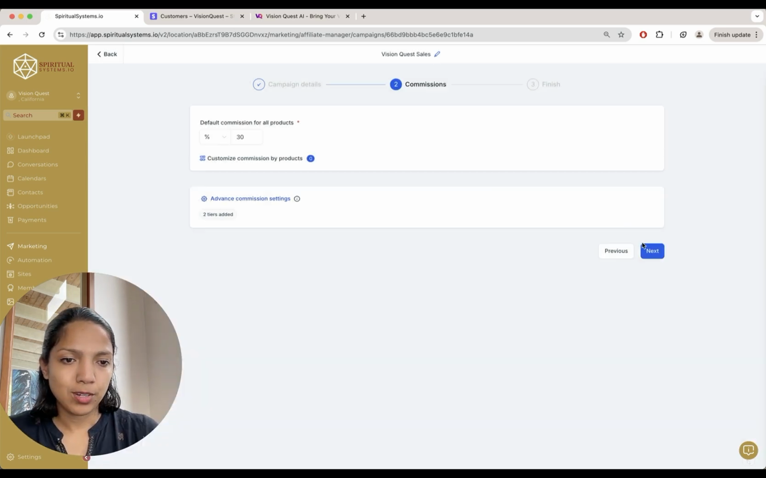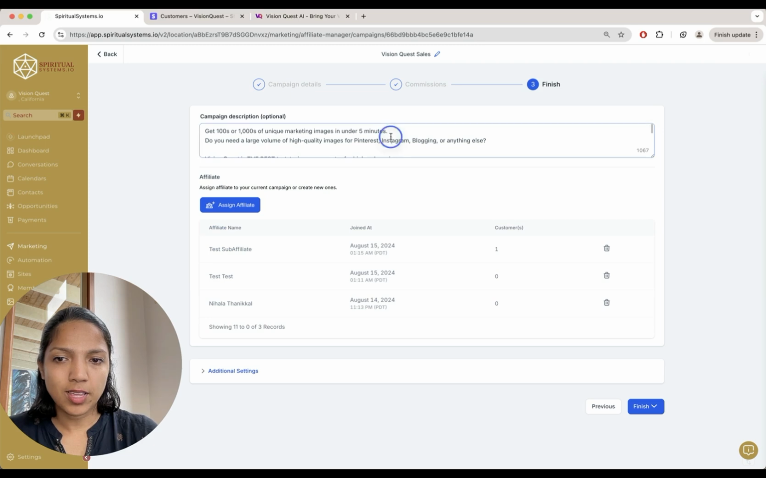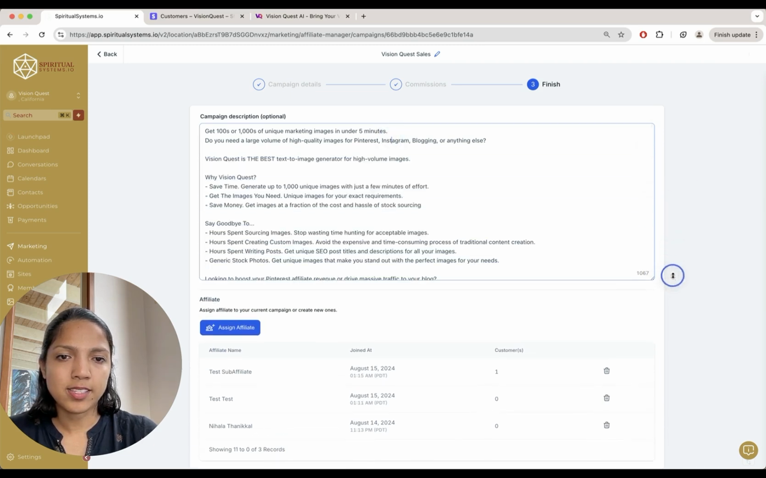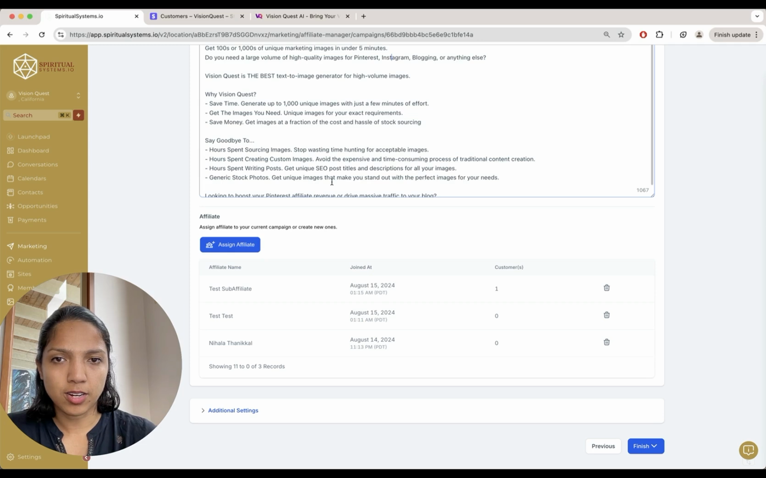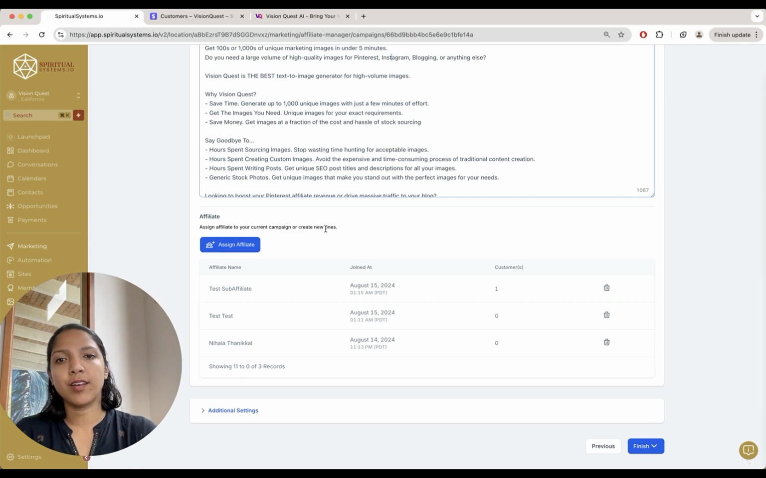is 10%. All right, so then next, you can give your campaign a description that's helpful for your affiliates to know what they're selling, what it's about, and then assign your affiliates to this current campaign. If you're going through this for the first time, you'll see this button is grayed out, which just means you haven't created any affiliates in your system yet, and that's okay. You can finish this campaign setup, go back in, add your affiliates, and then you'll see them here to be